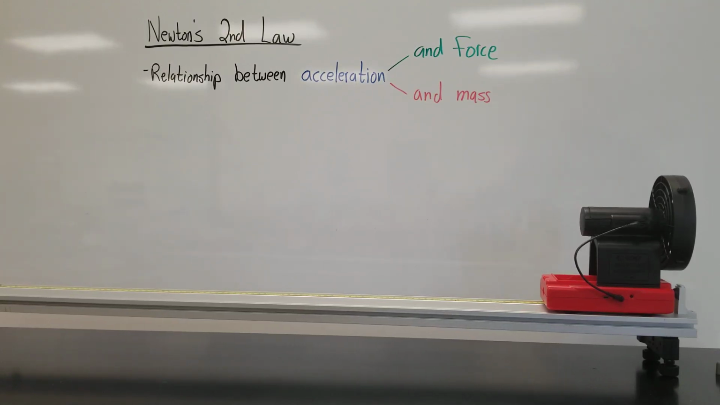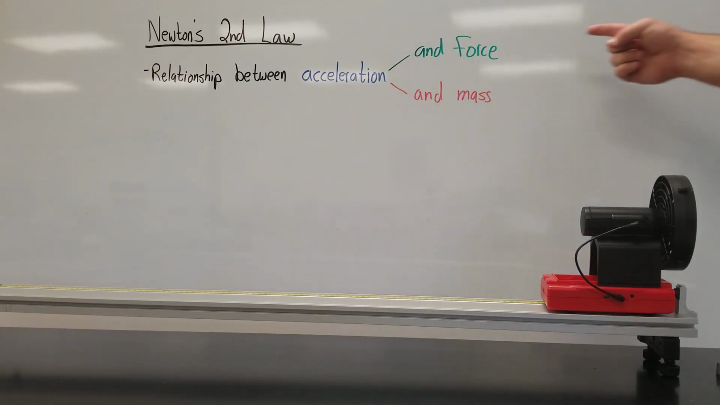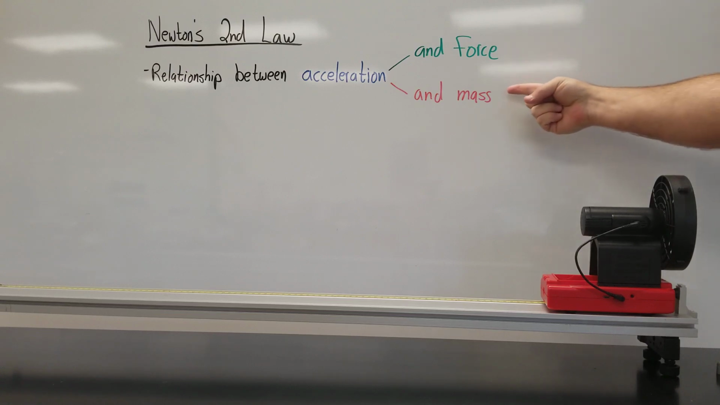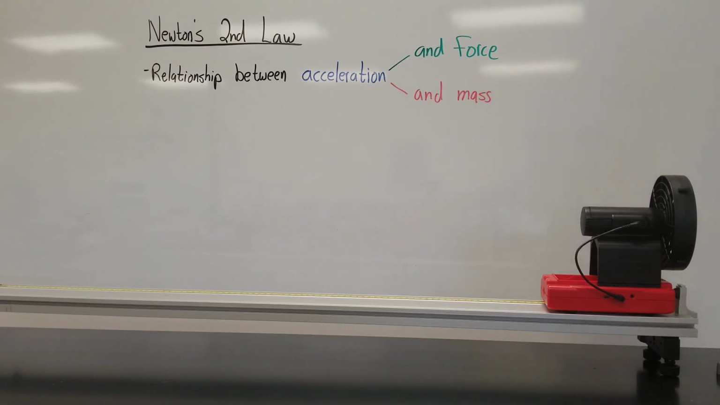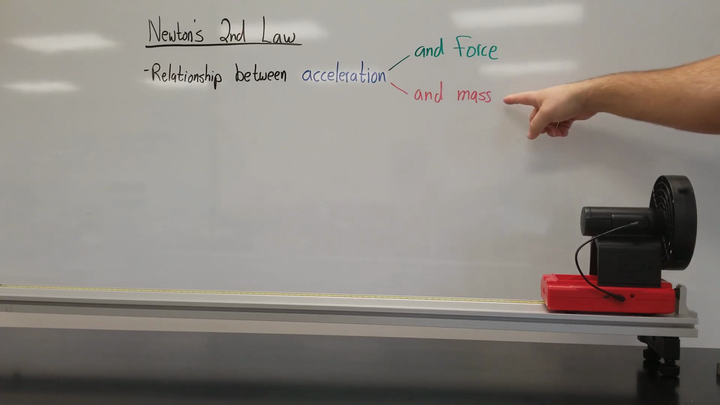In this video lesson, I'm going to attempt to demonstrate for you Newton's second law, which is the relationship between acceleration, force, and mass. As it turns out, the acceleration of an object depends on two things: how hard you push it, that would be like the force, and how big it is, how much mass it has. So the first experiment we're going to do is change the mass of something and see how that affects the